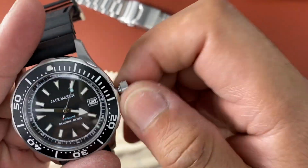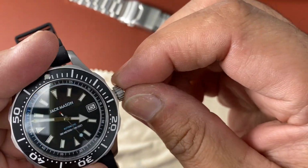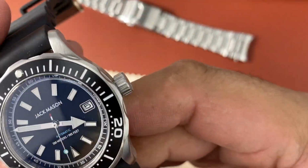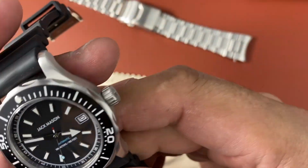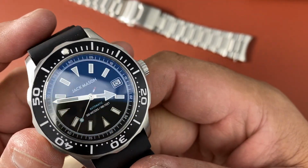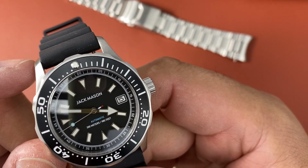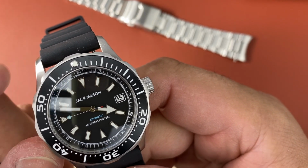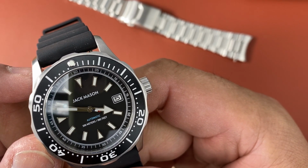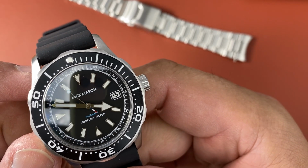And this does have an NH35. Do some winding here. You push it all the way in. Easy to screw in. Now the dial is like a flat black dial. Very nice. I do enjoy flat black dials on divers. And then you don't have much text. You just have the Jack Mason up on top. Then you have automatic under the handset there in like a baby blue. Then under that you have in white paint 300 meter or